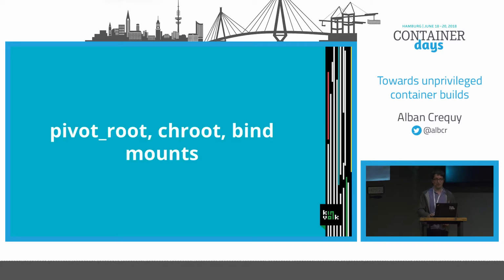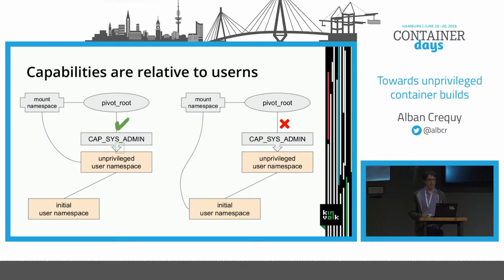There are other commands you need to do to set up the build container, like pivot_root or chroot or bind mounts. And you can do that because you have the privilege inside the build container, inside the unprivileged build container,